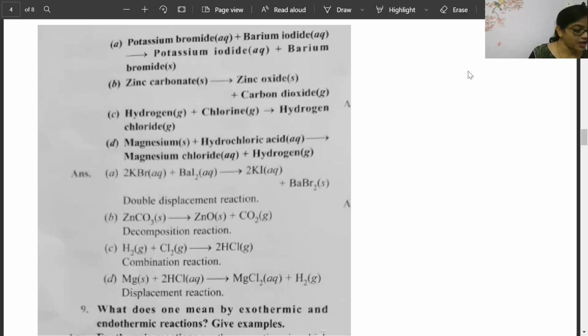After that, Saranya gave the answer, exothermic. Very good. Heat is released, chemical reaction. After that, Pavitra gave the answer, exothermic, in which heat is released. She gave the example, and then endothermic, where heat is absorbed. Very good. So back to back, all of you are correct. Super, very good. Kritika gave the answer. Saranya, Pavitra gave the answer. Very good. So let's see what answer they have given.